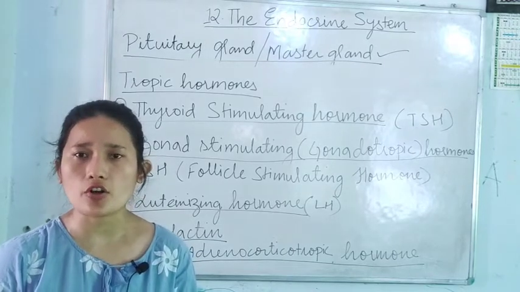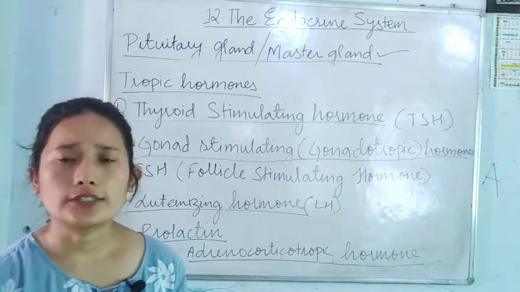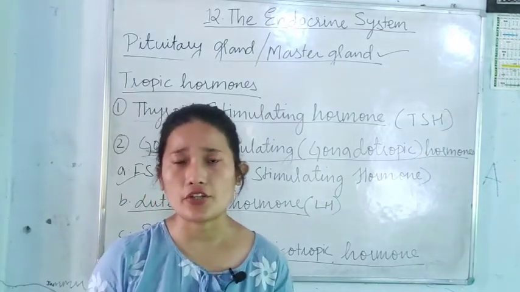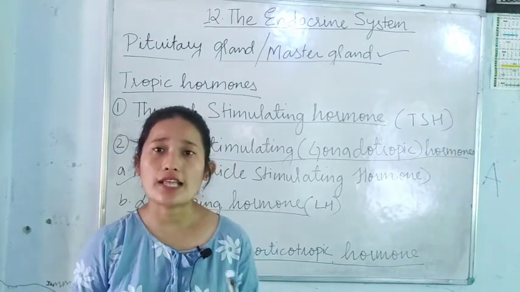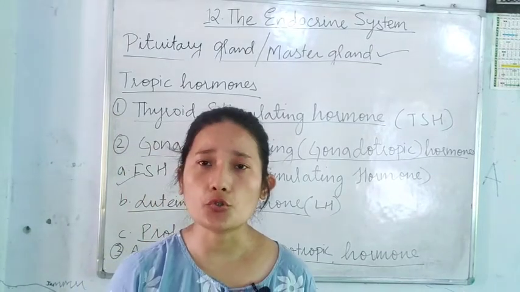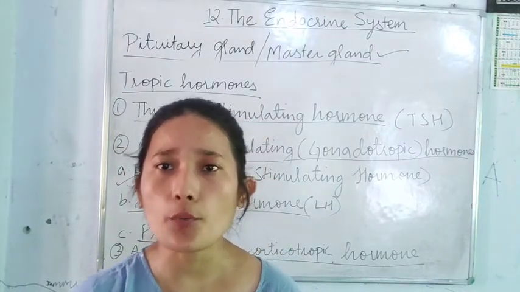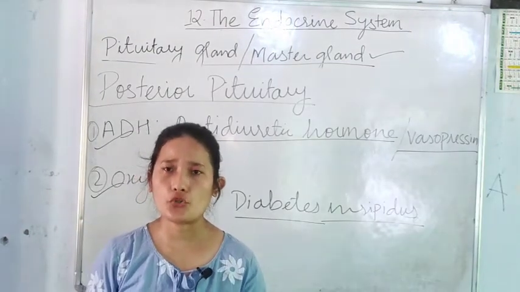It regulates the adrenal cortex to secrete its hormones. We have already gone in detail about the different hormones secreted by your adrenal cortex, okay. So it helps in regulating your adrenal cortex. So that's all about the hormones that are secreted by your anterior pituitary. Now let us go through the hormones that are secreted by your posterior pituitary.